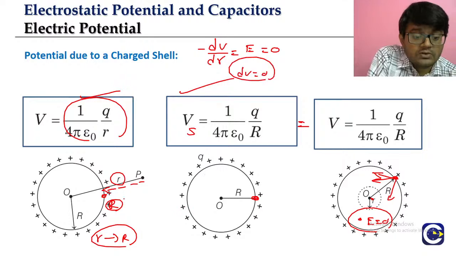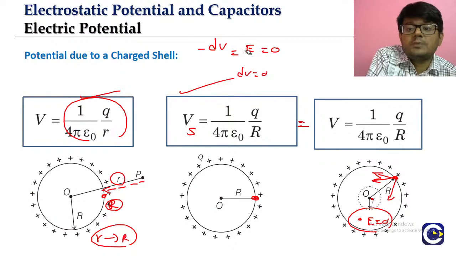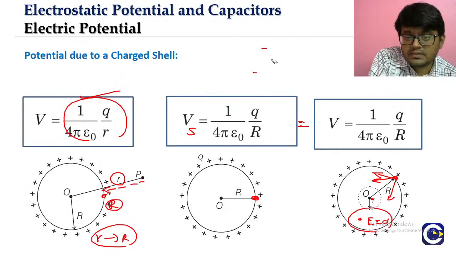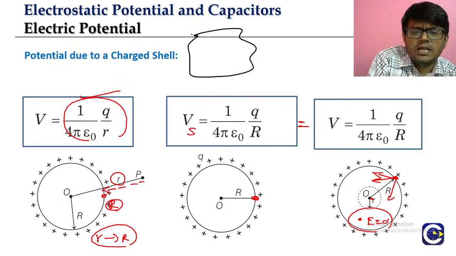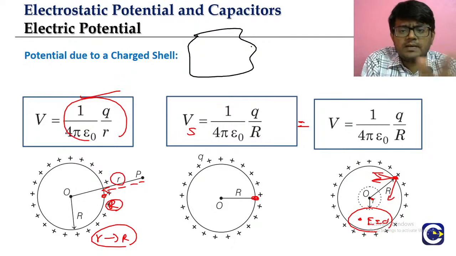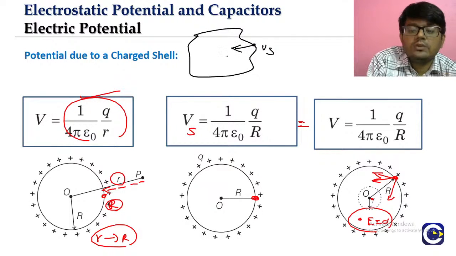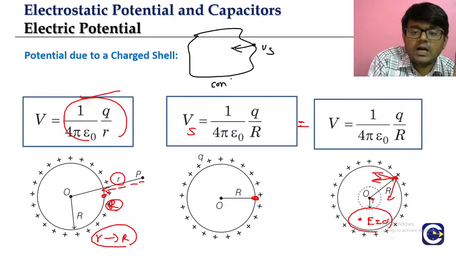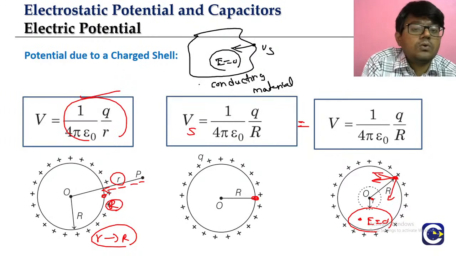Not only the conducting sphere, you take any object which is made up of conducting material, any random object. Now look, take an object made up of conducting material. When you move from the surface into it, the electric field inside is 0, which means